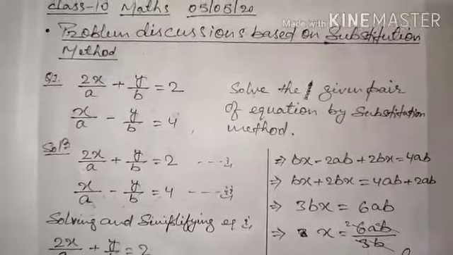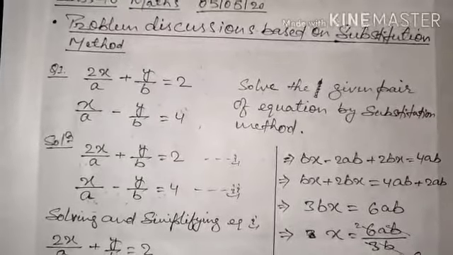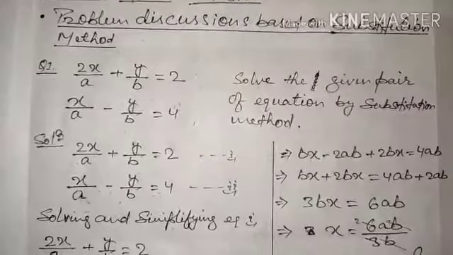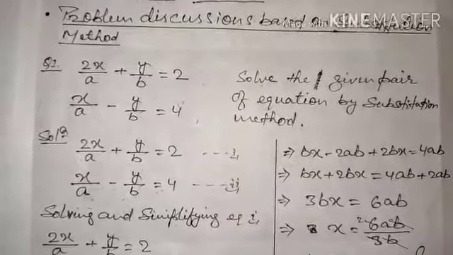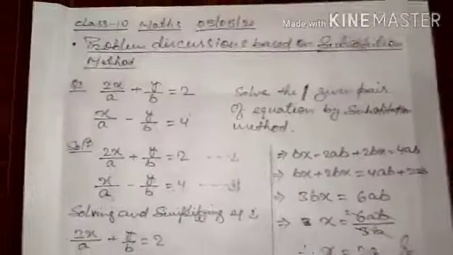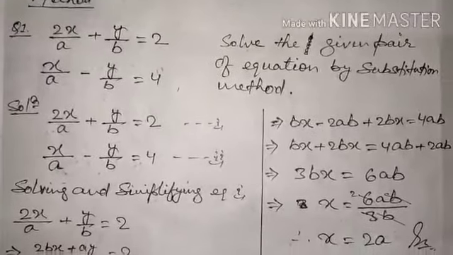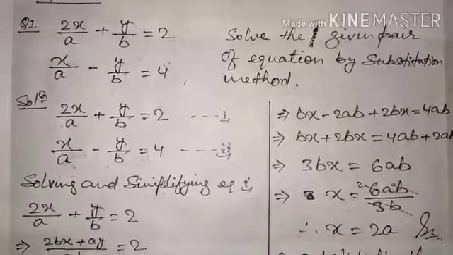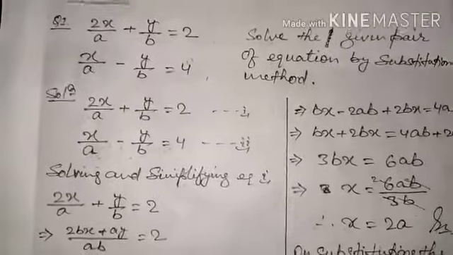Now today I'm going to discuss more problems on the substitution method, and then in the next class the elimination method, and in the next class the cross multiplication method. Finally after that we'll discuss two more things: the consistency and inconsistency conditions. It means the questions based on consistency and inconsistency with the conditions on the coefficients of the variables, and lastly we'll discuss word problems. Okay, so let us start.